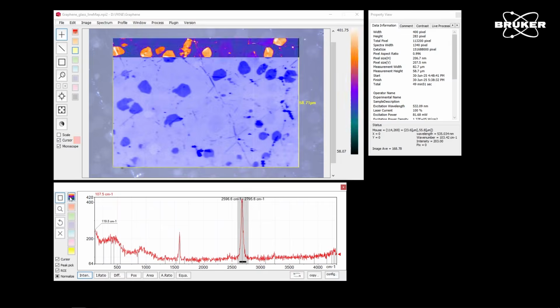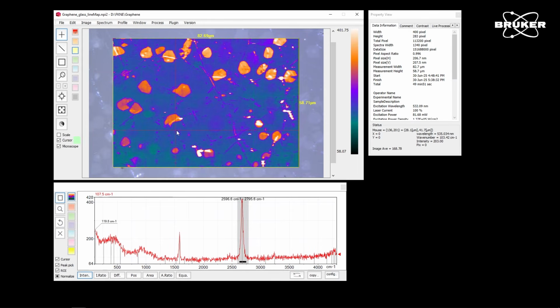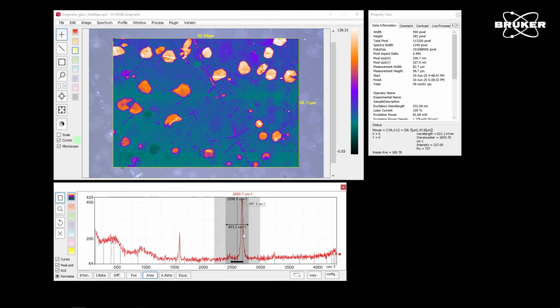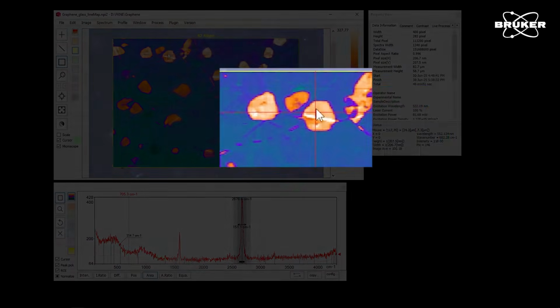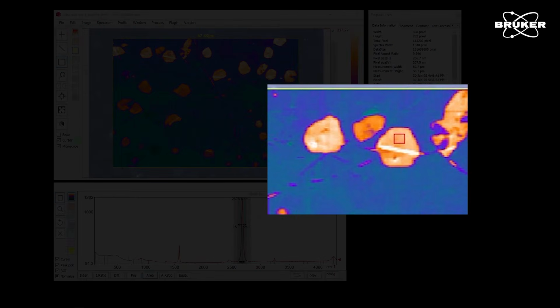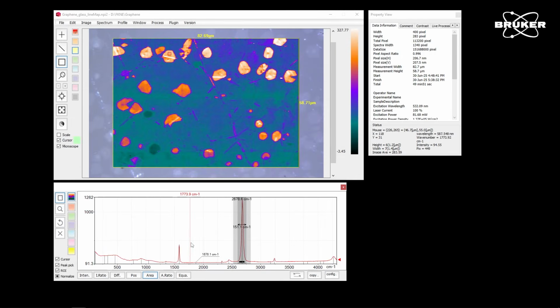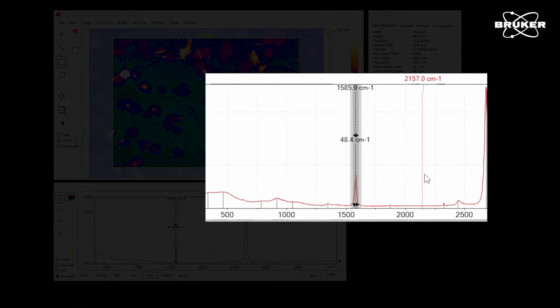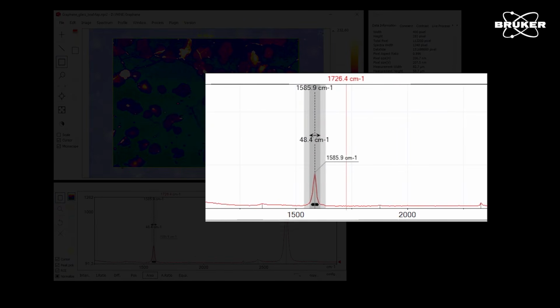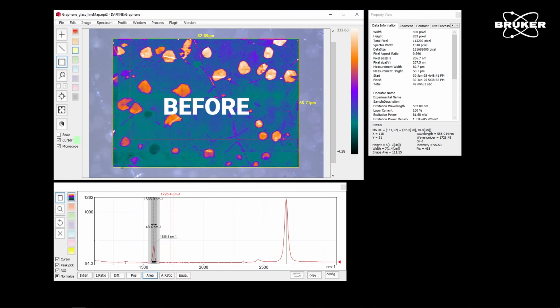When we now select, similarly to before, something with color to see highlights, we can see that if we select this 2D band here, we can see highlights in certain areas of our image. So let's start and select one of those to create different spectra for the difference we see here in the image. If you would do the same now also with the G band up here, we can see that the one that was orange before is now not orange anymore.